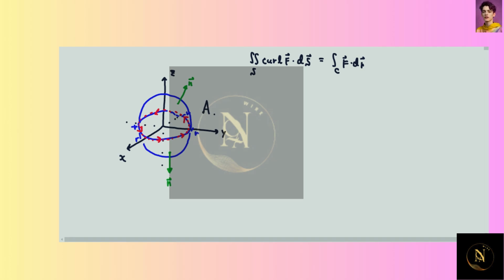We know that it's going to go clockwise because we want the normal vector to go downwards. So either way, whether you're evaluating the integral using a double integral or a single integral,